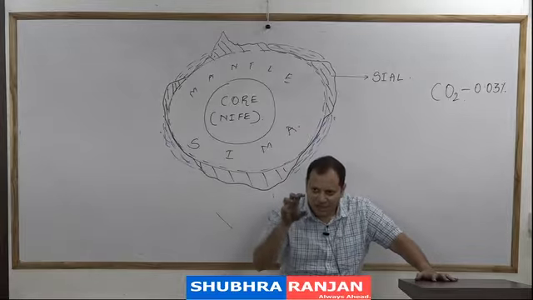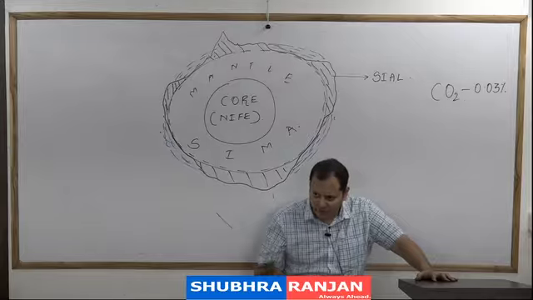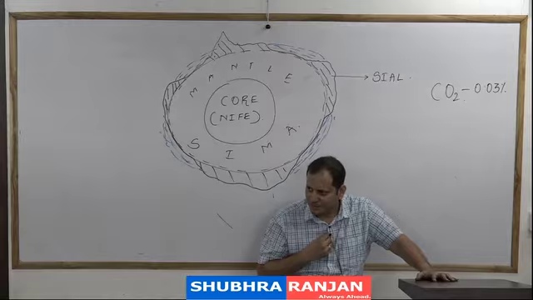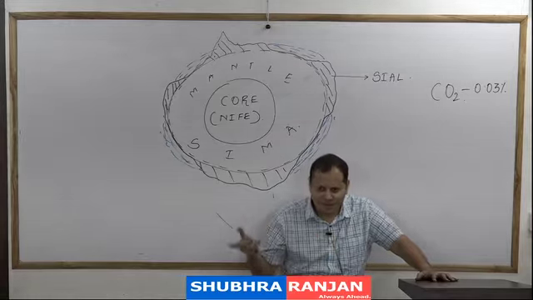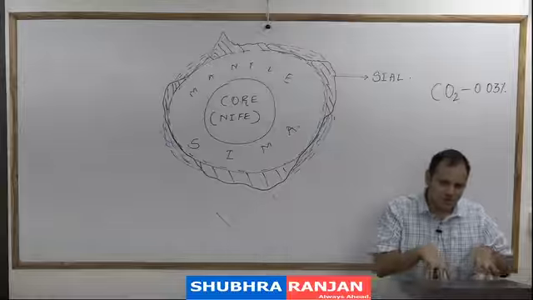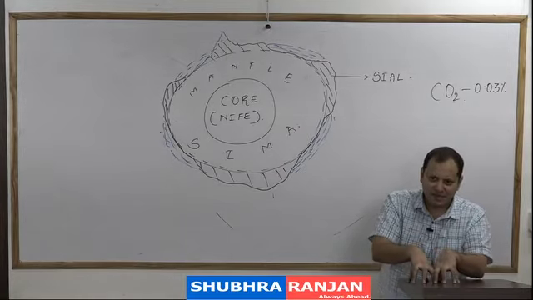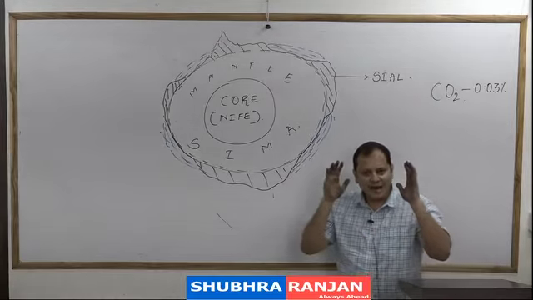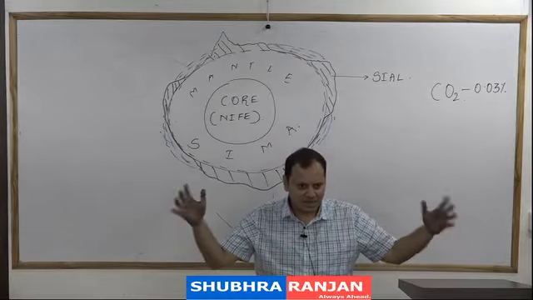And when there was continuous volcanic eruption, what is the rule of life? Survival of the fittest. And what do you mean by survival of the fittest? जिसमें ताकत बहुत ज़्यादा है और जिसमें adaptation बहुत ज़्यादा है. Adaptation. Survival of the fittest means you should know how to adapt. कहाँ पे fight करना है और कहाँ पे भाग जाना है. So survival of the fittest made sure that after the volcanic eruption, the large-bodied animals such as dinosaurs got